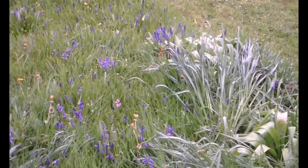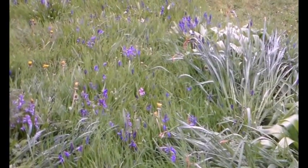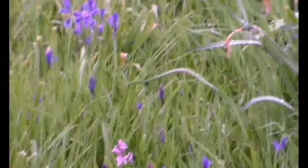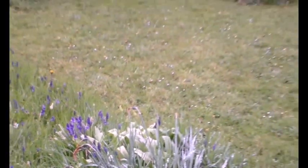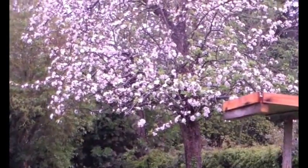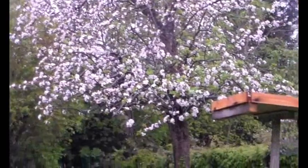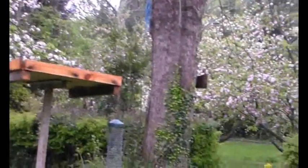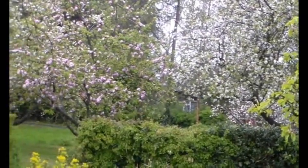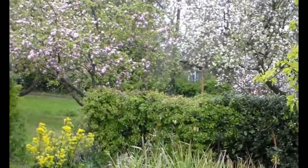So the dry spell has stopped, and of course with the dry and open skies we were getting frost every night, but now the bluebells have come out, which is great. We are at the end of the first week of May and the apple blossom is out, quite amazingly so, and that's a cooking apple. And if we look over, there's more in the orchard, but these ones here were out a bit earlier, and I'm a bit concerned that we might not get a good apple crop this year,